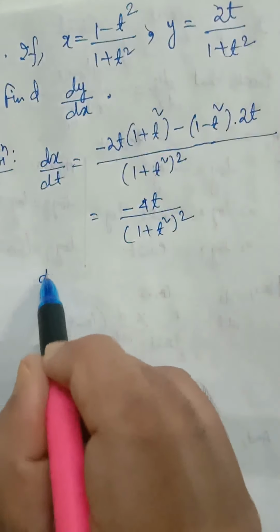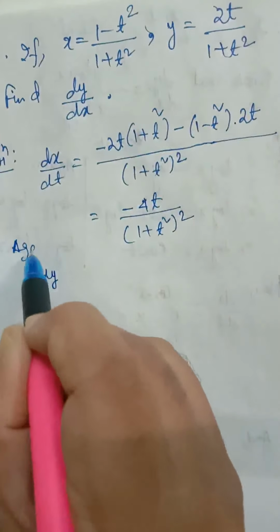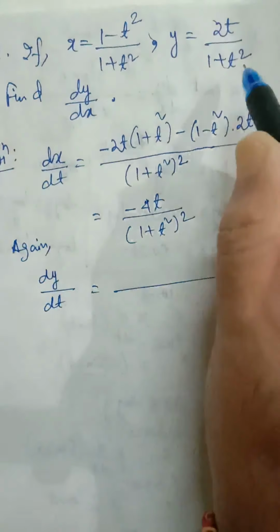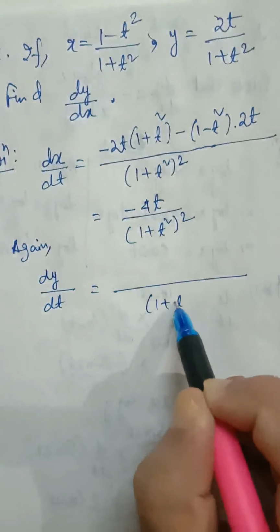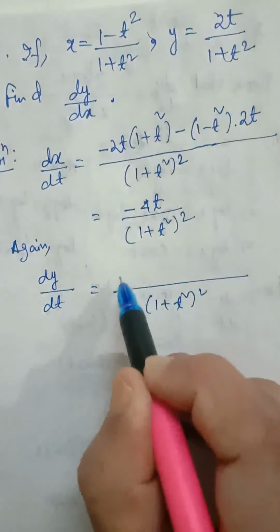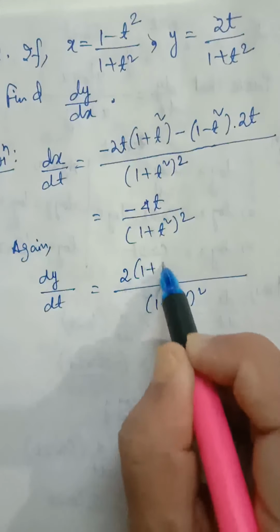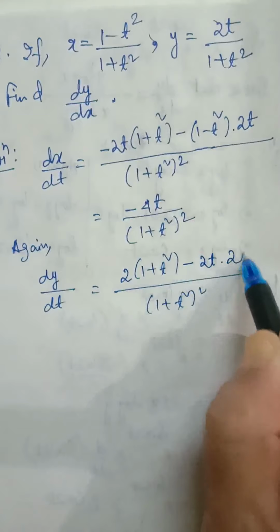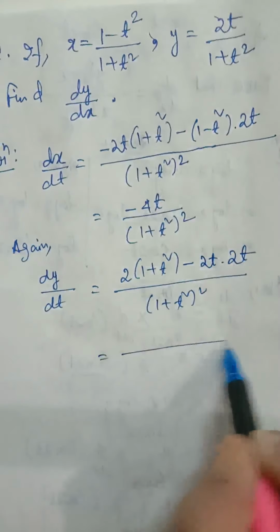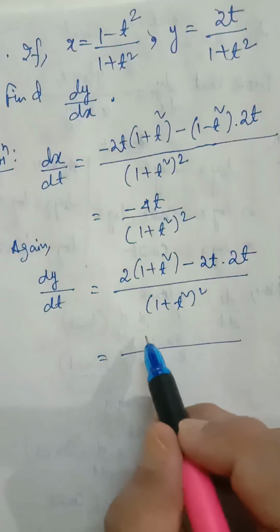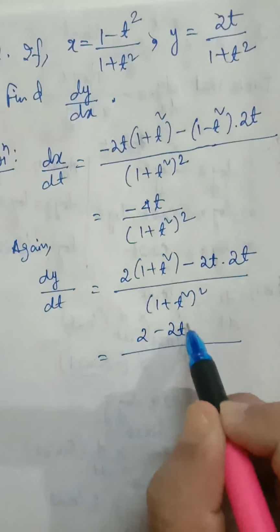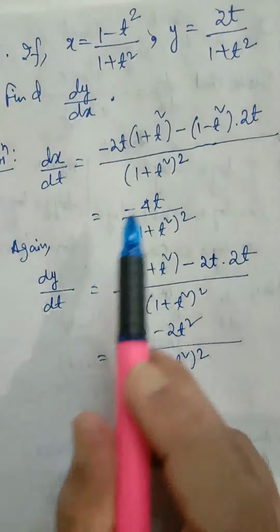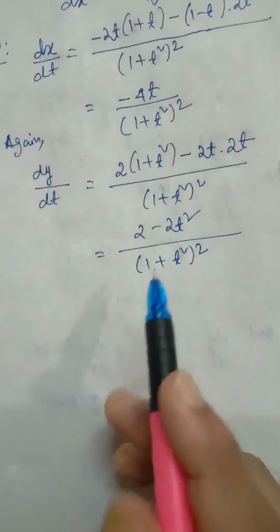Next, dy by dt. Again we have to apply the quotient rule: 1 plus t square whole square, derivative of numerator 2 into denominator unchanged minus numerator unchanged into derivative of denominator. So 2 plus 2t square minus 4t square, so it will be 2 minus 2t square by 1 plus t square whole square. So this is our dx by dt, this is our dy by dt, and therefore